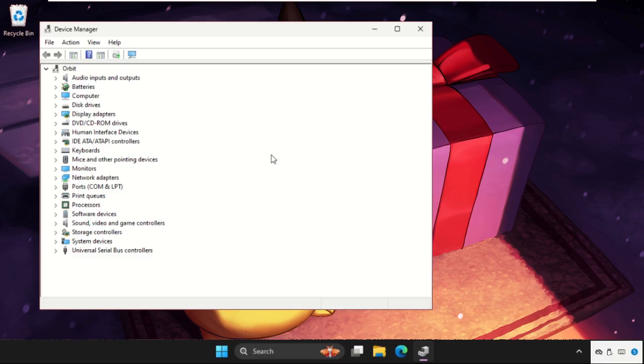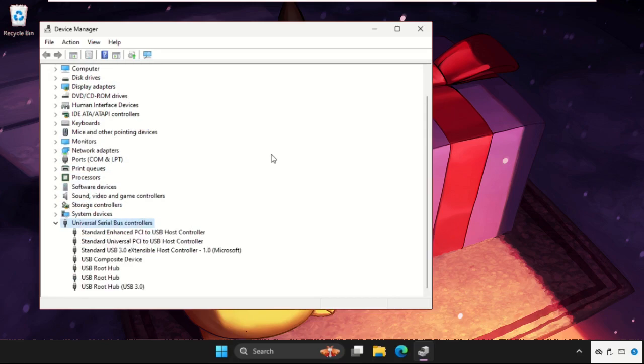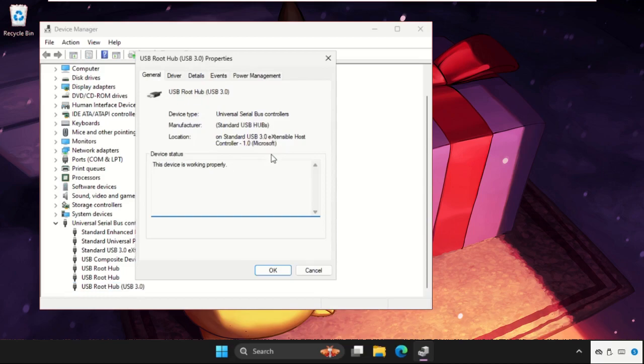So you can just press tab, again press the down key, keep going down. Now press the right key to expand this, again go down, and here we need to hit enter to open its properties. Then again press the tab button